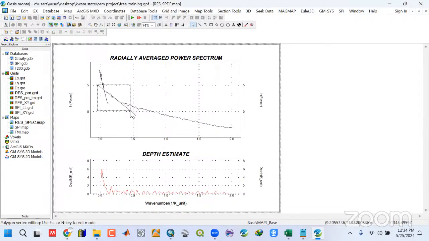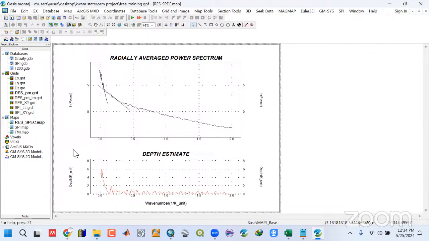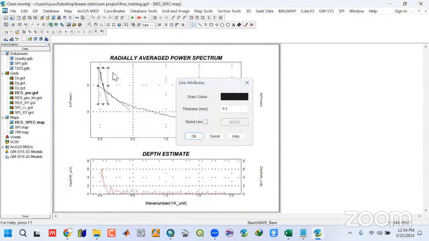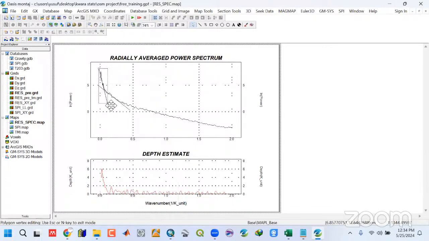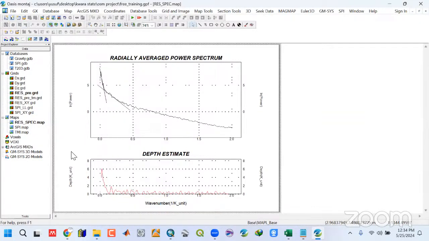From there, we right click, end group editing, and double click again. Select the next one, right click, attribute, not attribute, right click, edit vertices, so that we can position the way we want it. Like so. Then right click on this one, end group editing, double click, and now select this first one,